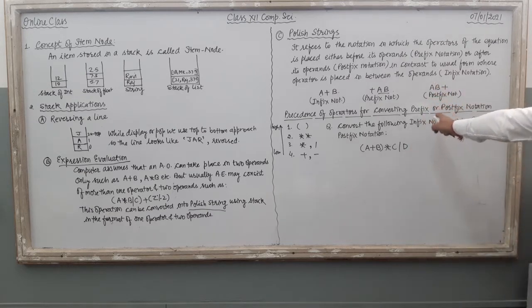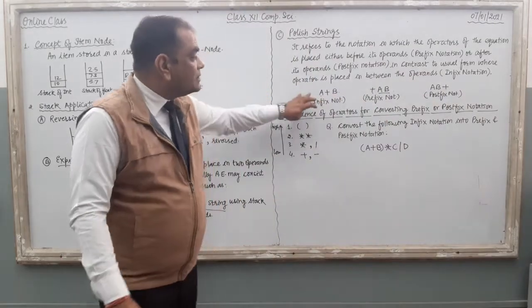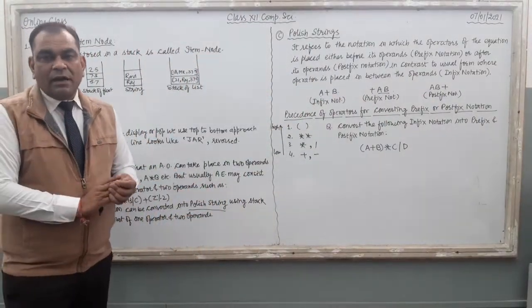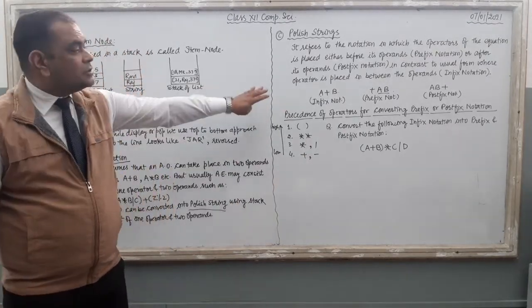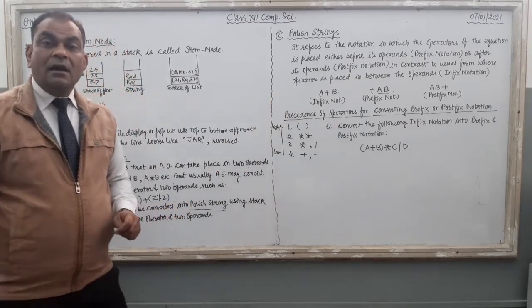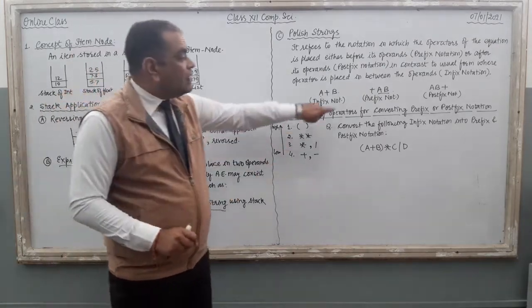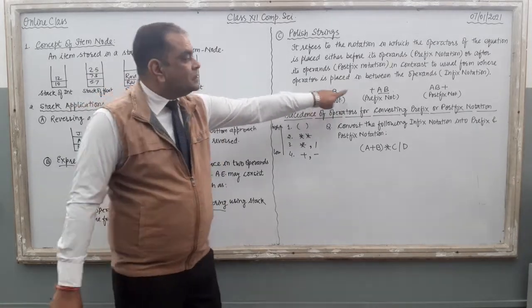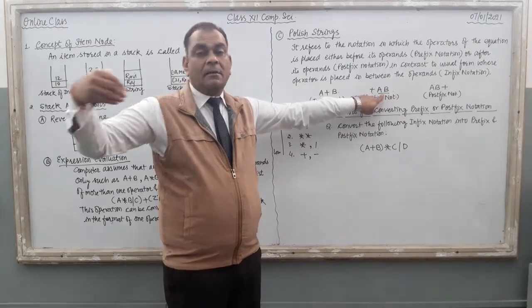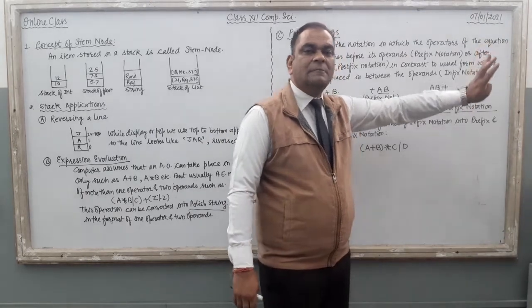Just take a screenshot of this part. You have to write this point in your notebook. It is a very important point, and if you see the weightage of this topic, it covers 1 mark according to CBSE. Right? Only a theoretical concept is there. If the question is there in the question paper, the question is related to the theory topic only. Right? But here you should know, while seeing an equation, which format the equation is in. If the equation looks like this one, it is infix. If the equation looks like this one, where operators are before the operands, prefix. If operators are at the last of the operands, it is postfix.